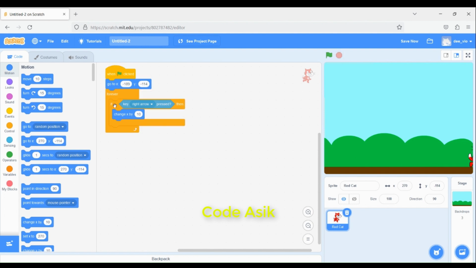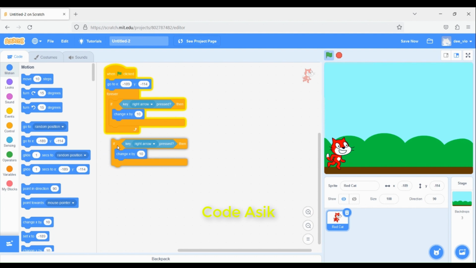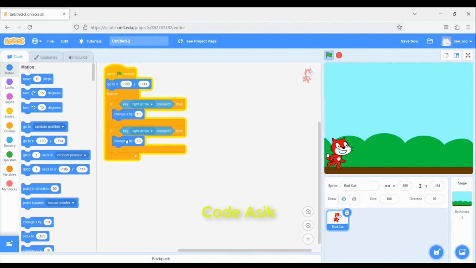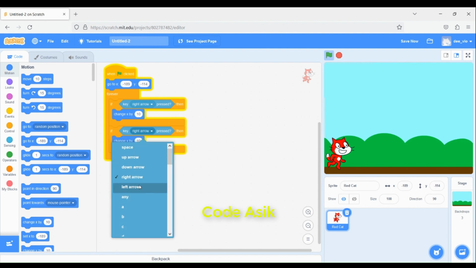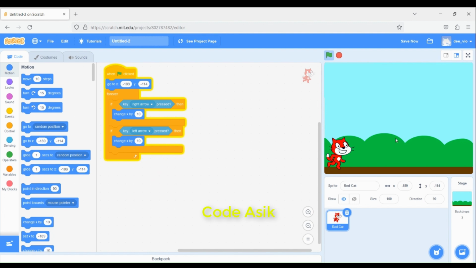Then, we want to add the left arrow by copying the previous command but changing the key press condition. It should be more negative for the x value. Thus, we should change the x by a negative value. Here we go. It works.